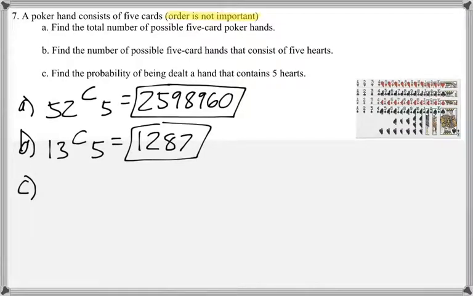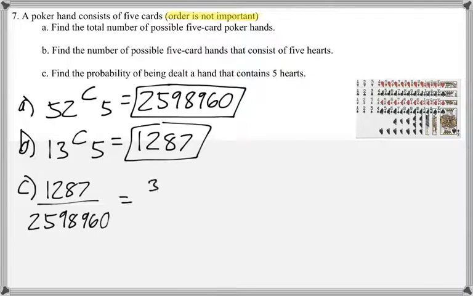Part C says, find the probability of being dealt a hand that contains 5 hearts. So part C is really just a combination of parts A and B. So that's going to be 1,287 over 2,598,960. And this reduces to 33 over